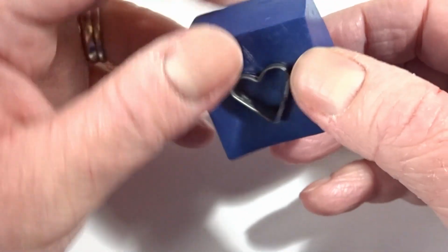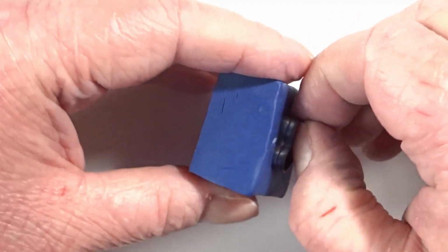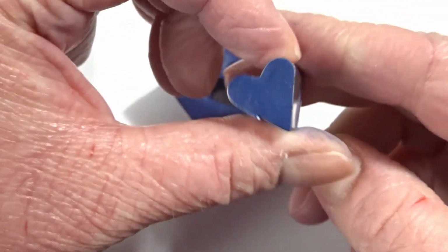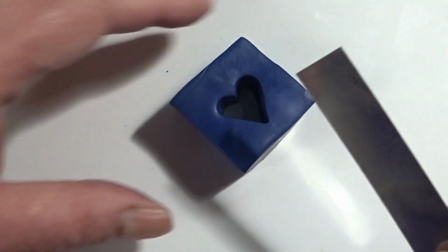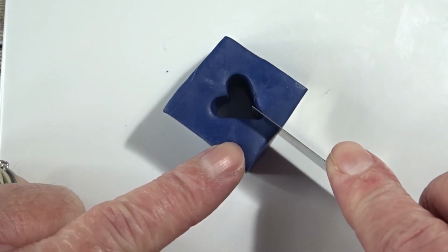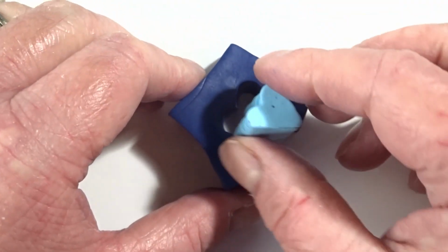This clay in the middle is just going to be put to one side, fished out of that cutting shape, and I'm just going to pull it out if I can, like that. Give it a wiggle. There we go. And you can see the clay's in there, and that's given me a nice clear heart shape. So all I'm going to do now is take my blade, and I'm going to cut right at the point of that heart like that, and then we're going to bring in our pastel blue heart